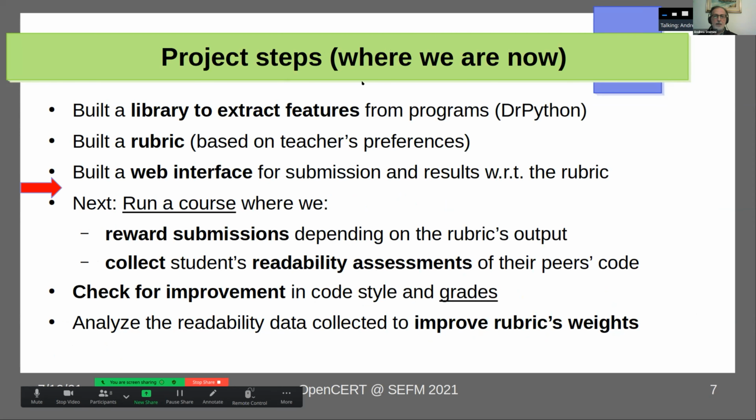So this is a snapshot of where we are with this project. We have started by building a library to extract features from programs. We call it DrPython, and this is the work of Tommaso Battistini. And then we have built a web interface that allows us to build a rubric that could help the teacher define how to award points to specific features extracted from programs. And in the